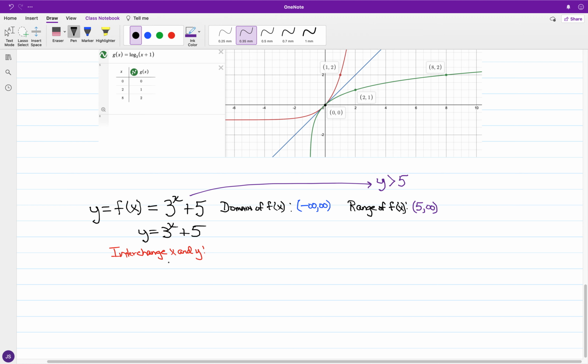And looking for the inverse, if I interchange x and y, we have x is equal to 3 to the y plus 5. Again, I have that exponential term, 3 to the y, and I'm going to get this expression by itself. So if I take 5 away from both sides,